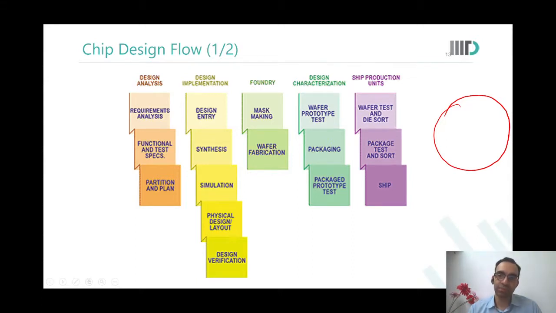Sir, but why will something like that happen? I mean, are we using different tests in both the levels? I mean, wafer prototype test and then package prototype test. Okay. Let us put it like this. Have you done some painting at any point of time in your life? Yeah. So the first step you do is sketch it with pencil. Then you start to put some colors into it. Suppose you have to make a rainbow. So you have to put 7 colors next to each other.